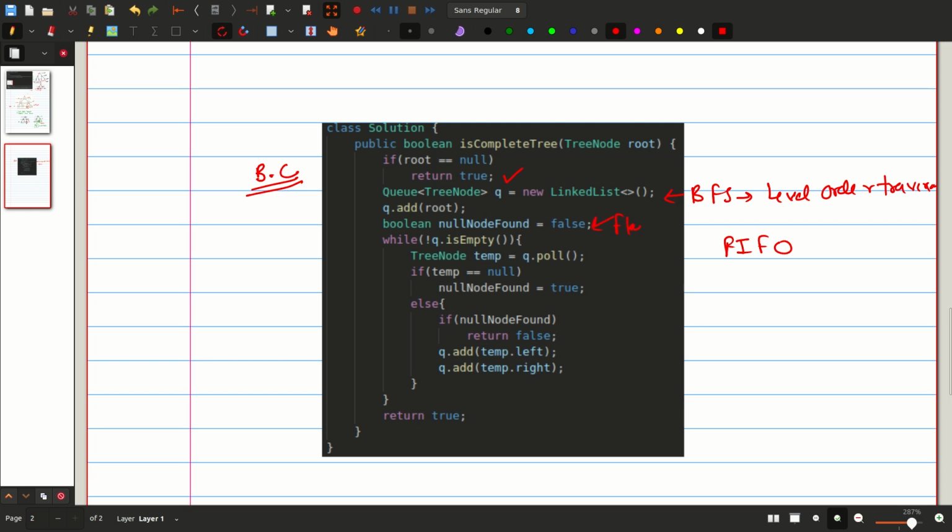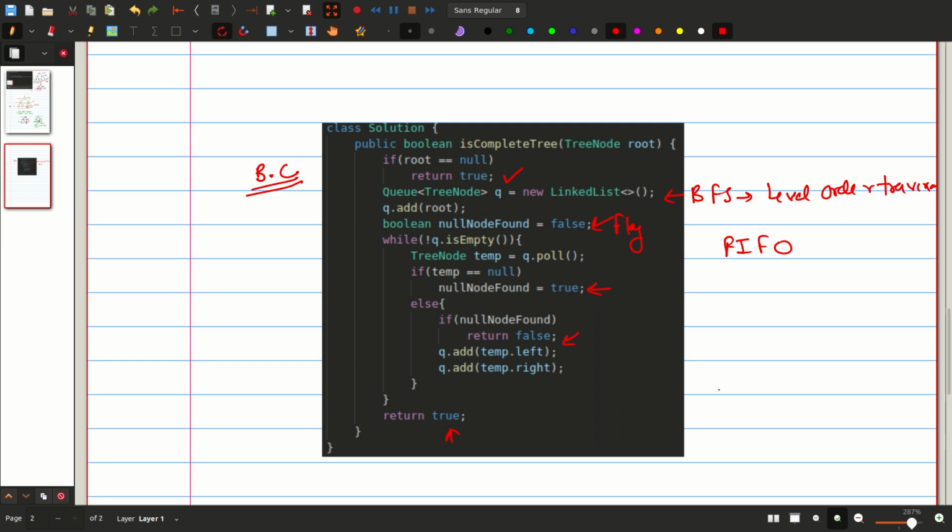So this is my flag. If it is a null value, I am setting my flag as true, and after I set my flag to true, if I find a not null value, I am simply returning false. And if I did not find any such case inside my tree, I am simply returning true.